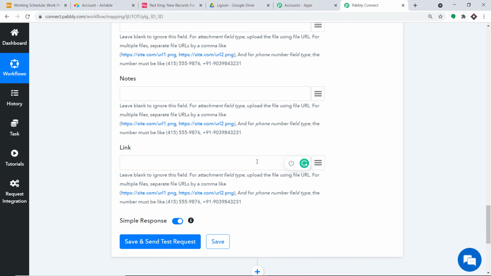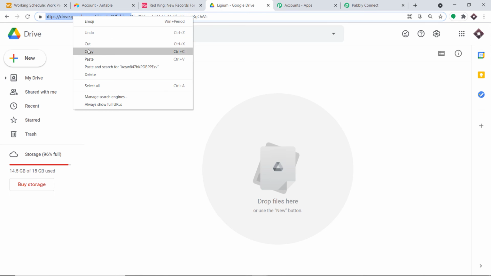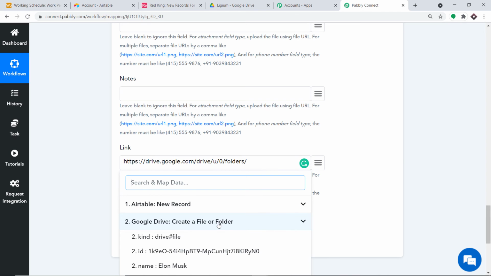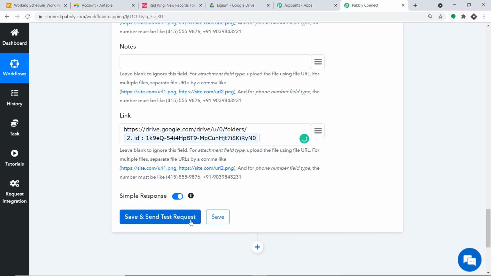First of all, I'm going to map this particular detail here. Let me go to this part and map this. I'm going to copy this and paste it here. Easy. Now coming to the ID, we have to enter the ID. This is the ID we want, the ID of this particular folder.